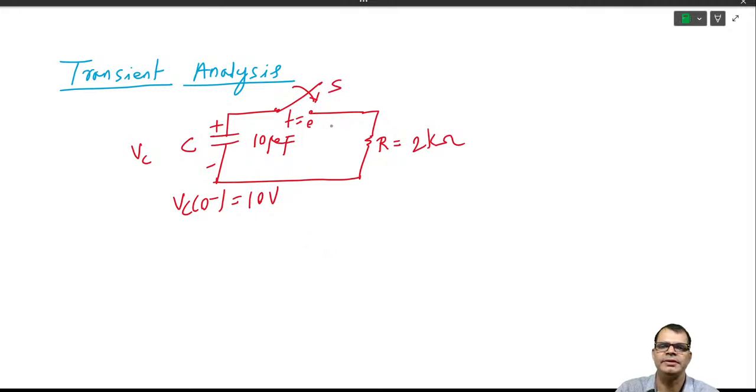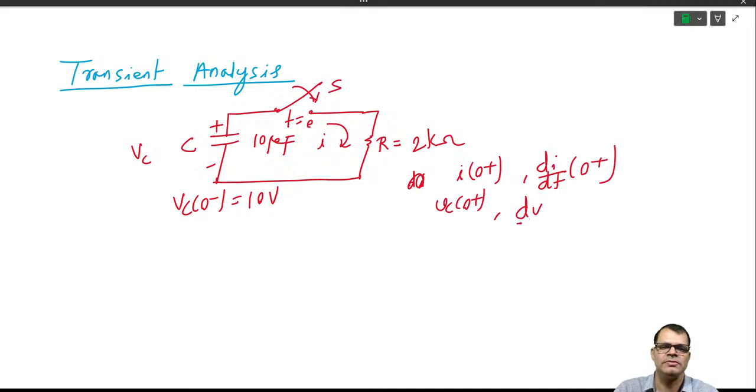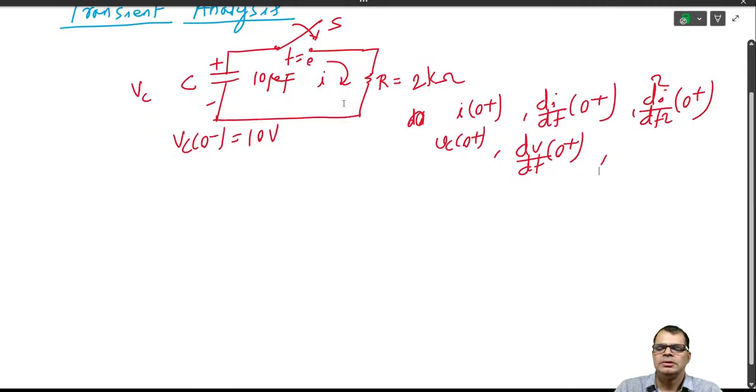We need to find I(0+), di/dt at 0+, Vc(0+), dv/dt at 0+, and you can also further proceed to d square i/dt square at 0+, etc. As I have told,